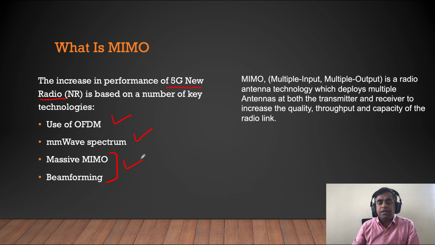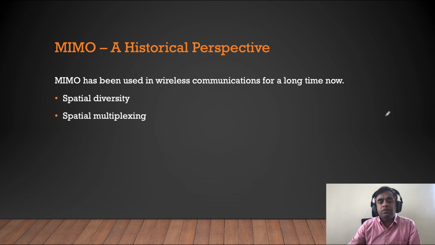To start with, what exactly MIMO is: it's multiple in, multiple out. It's a radio antenna technology which deploys multiple antennas. So you have this TX side, and then you have the RX side, and let's say this is your antenna. You deploy multiple of them on both sides to increase the throughput, reliability, and quality of the link parameters basically. We'll see how this works. Currently, we are just covering the definitions. So let's go a bit deeper and cover